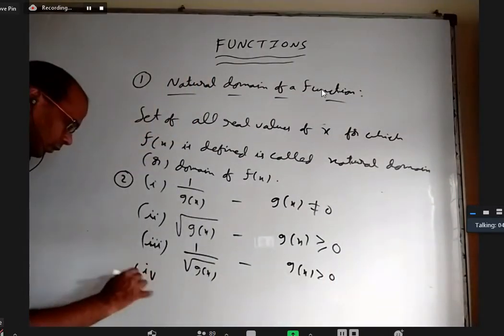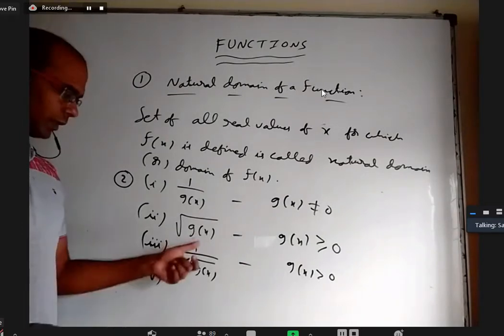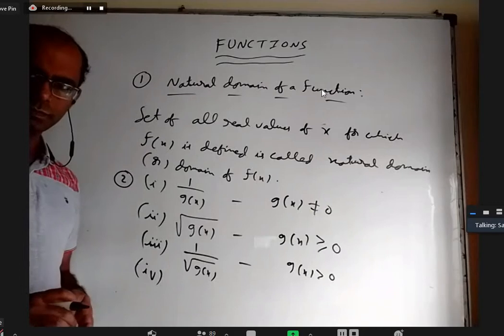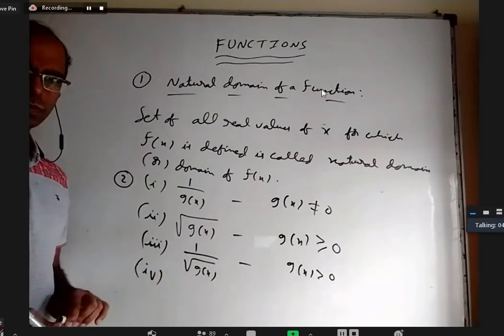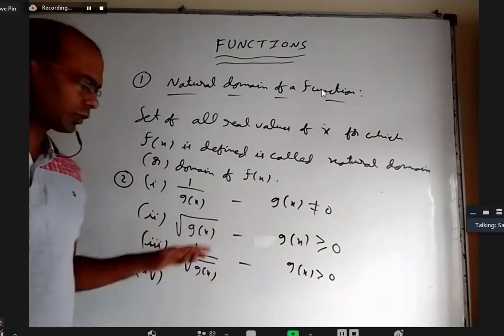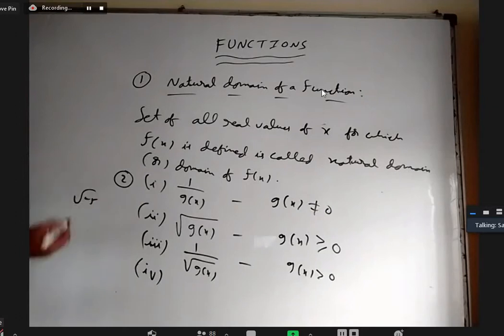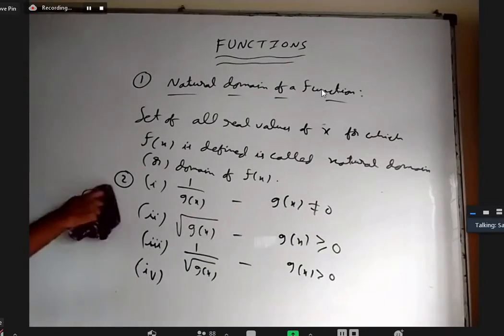Sir, can you explain how greater than 0? If it is 0, 1 by root 0 is not defined, right? If it is negative, anyway the root is not defined. Normally, for the square root, it is greater than or equal to, because the root of minus 5 is not defined, right? Yes, sir. Understood. The square root of something is defined when the inner part is positive or 0.